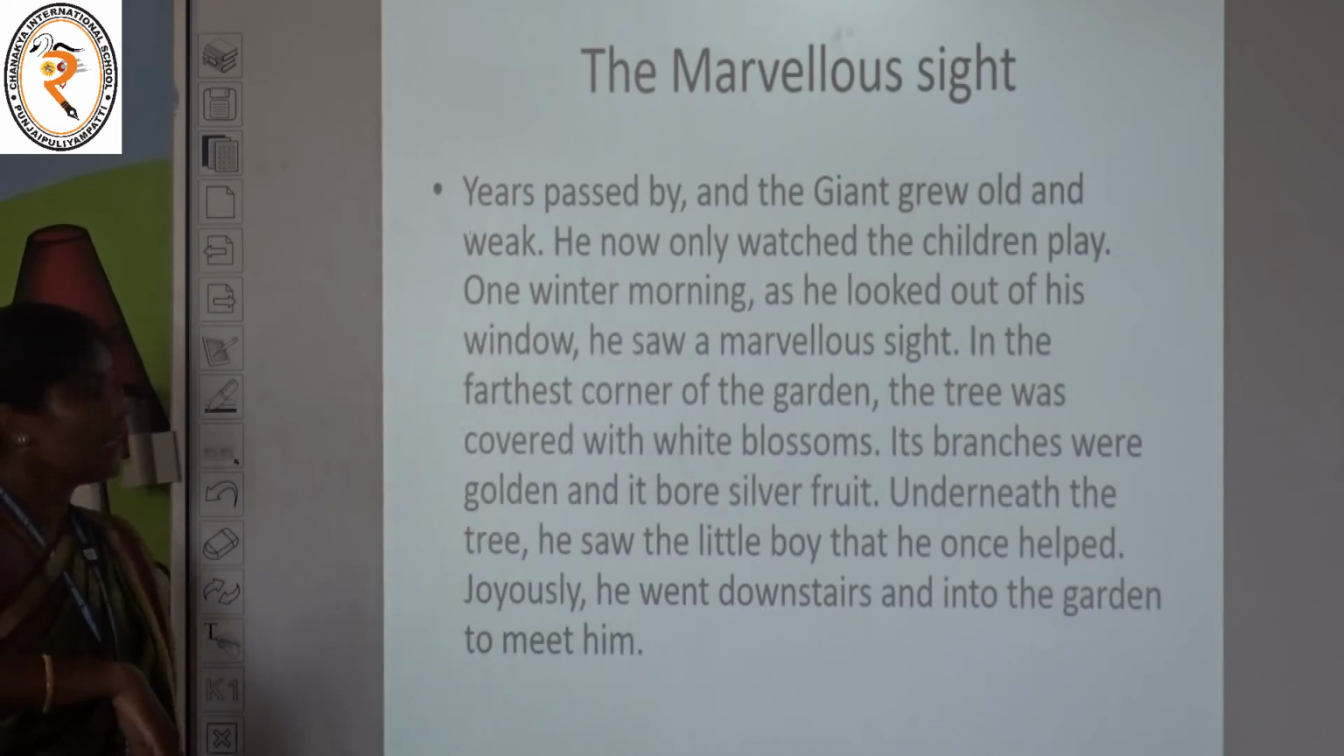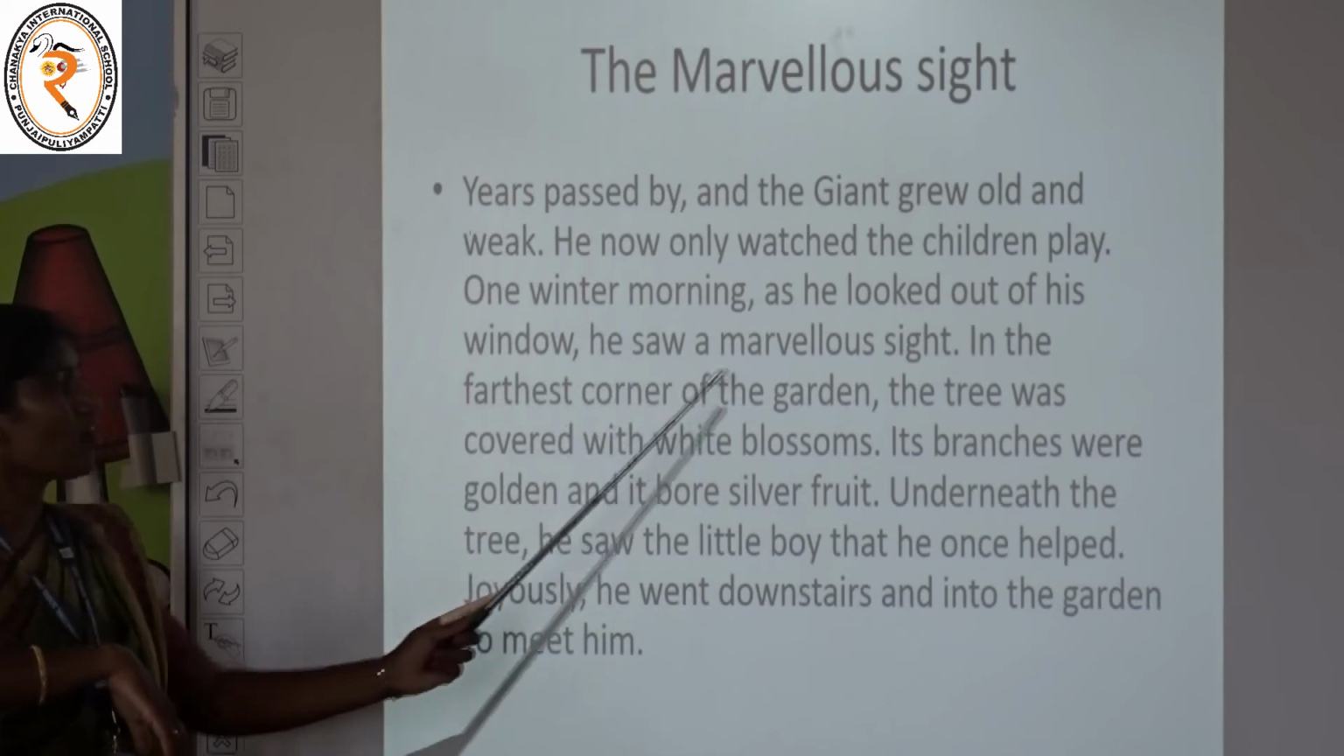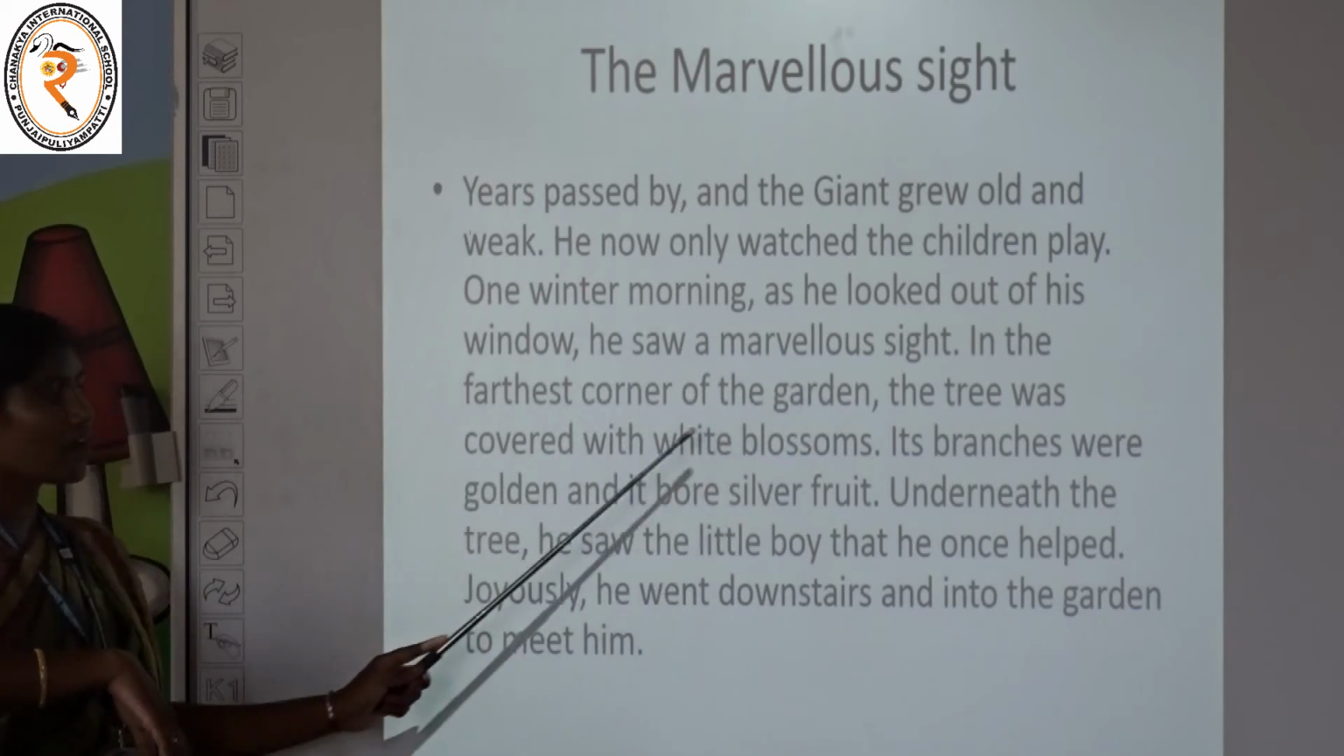One winter morning, as he looked out of his window, in which season is he looking out? It is in the winter. But he saw a marvelous sight. In the farthest corner of the garden,